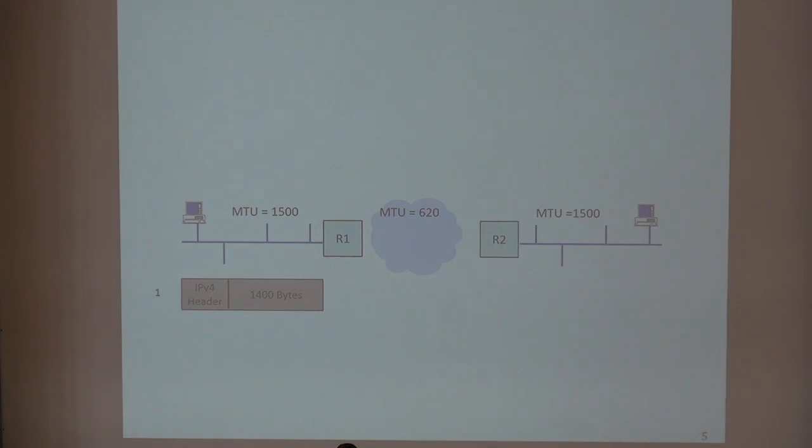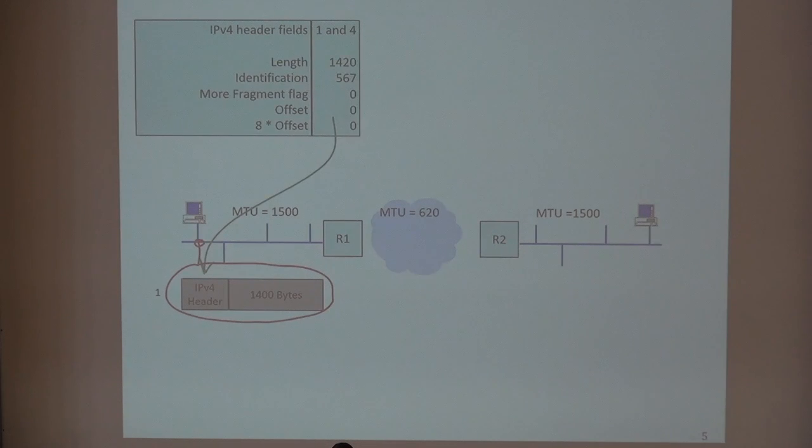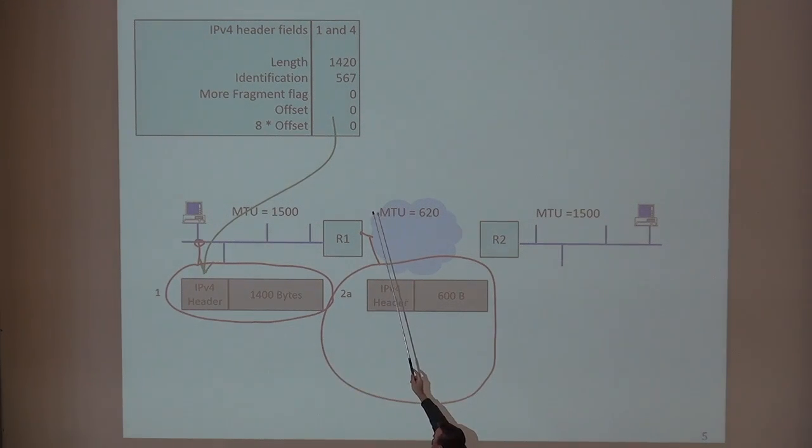Let's look at an example. I start with a packet here, and I assume I have an MTU size large enough for this packet, and then I hit a network that has an MTU of 620. So this packet is too large. What will happen to this packet? It will be fragmented. Now, how is it fragmented? Well, with IPv4, it will use a number of fields that are illustrated here in the IP header. In IPv4, fragmentation was considered to be something that you expect to occur. With IPv6, we expect it to be a rare thing. So with IPv6, it's an extension header. With IPv4, it is in the regular header.